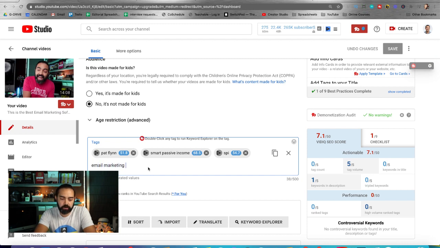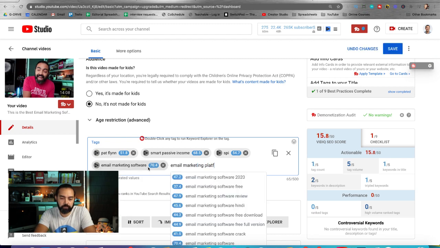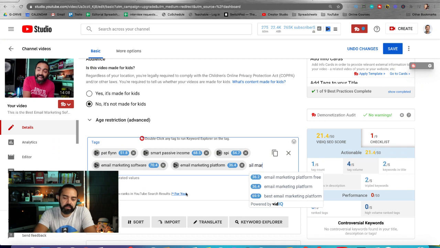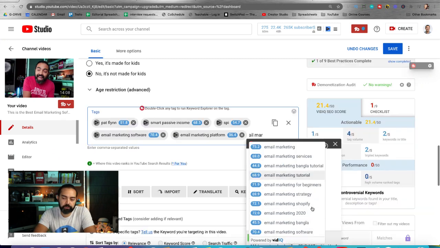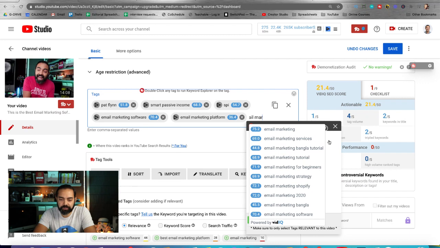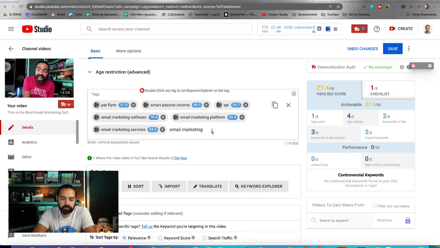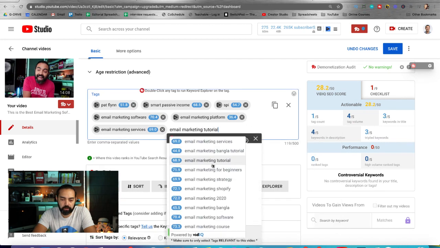Email marketing software is number 1. Email marketing platform, email marketing. And then these auto ones are coming up from, there's 2. I have 2 tools working at the same time, 2 buddies you can see in the background here. And this one with the blue is vidIQ, powered by vidIQ. These are cool because they can auto-populate tags for you so that you can just easily click and keep going from there. So email marketing software, did I use that? Yeah, I did. Email marketing services, I already did. Email marketing software